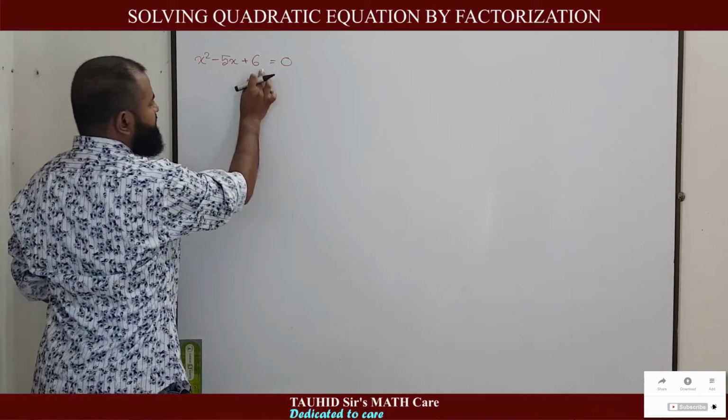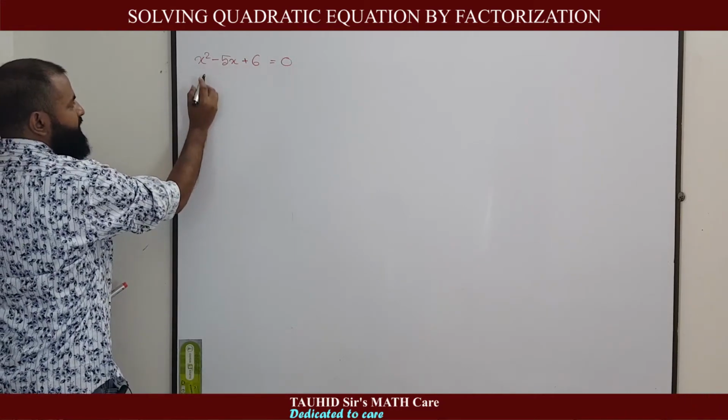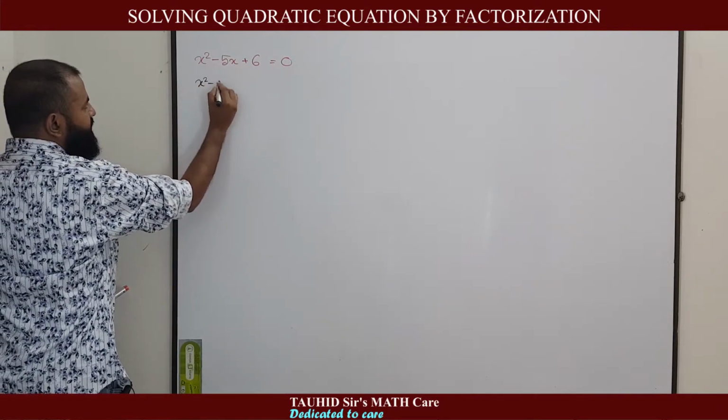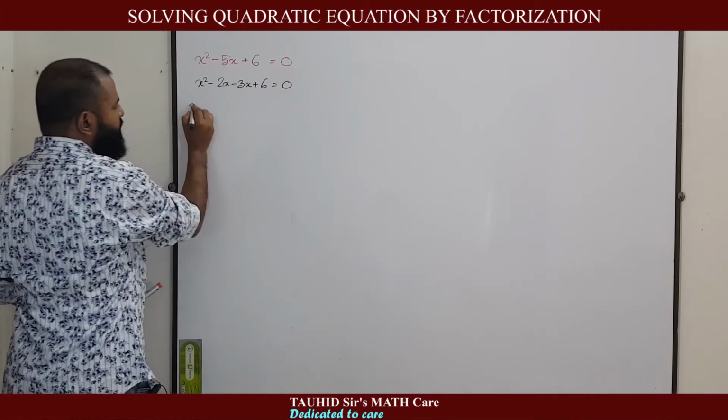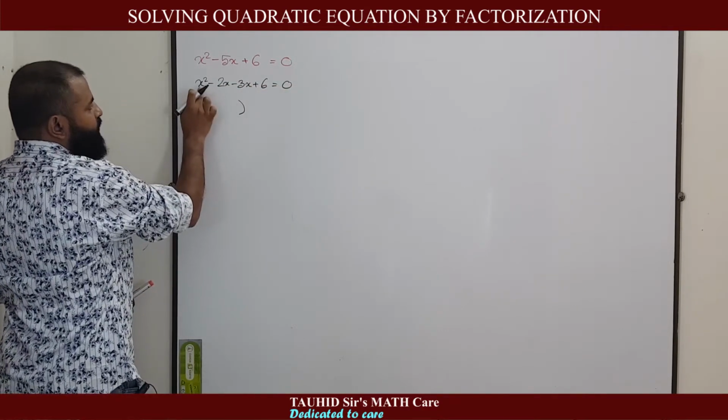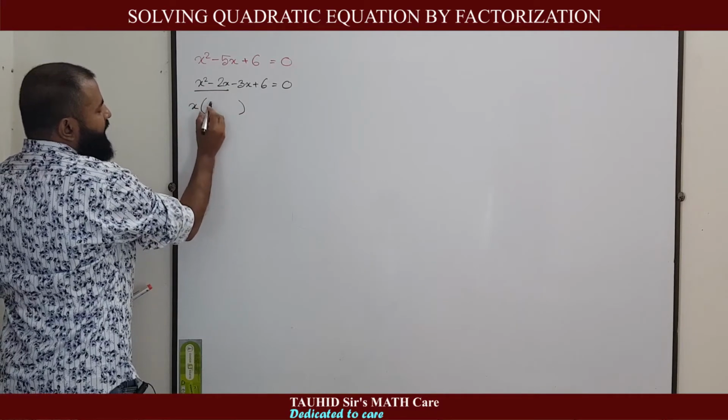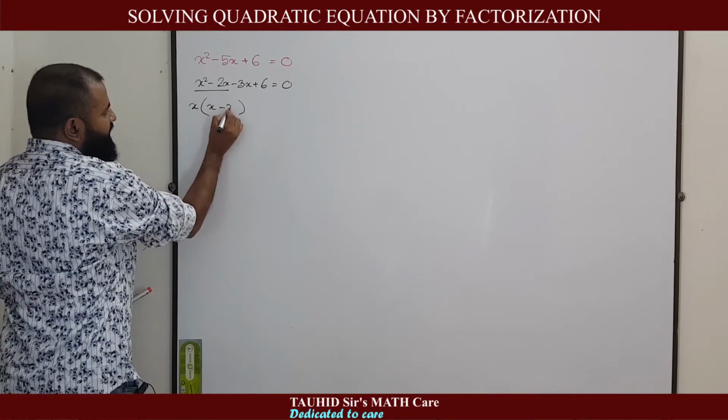x square minus 5x plus 6 equal to 0. We need to factorize it. We can write it as x square minus 2x minus 3x plus 6 equal to 0. If we take x as a common factor from these two, we get x multiplied by x minus 2